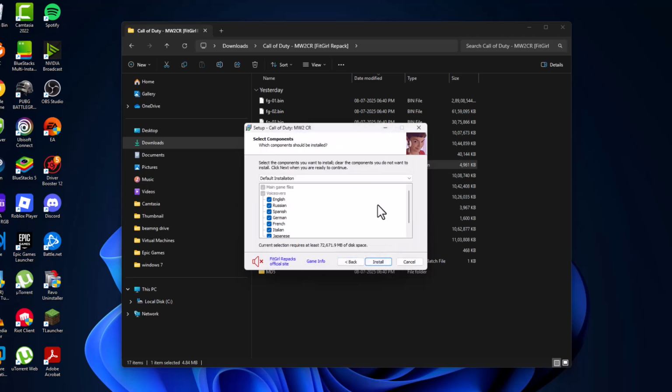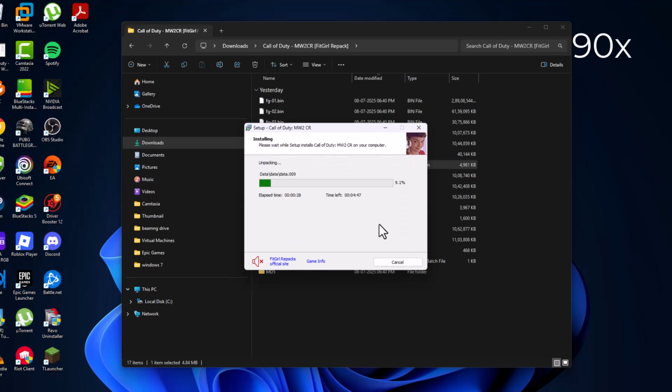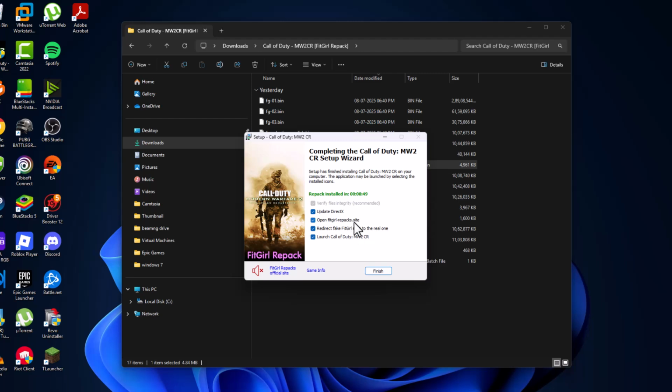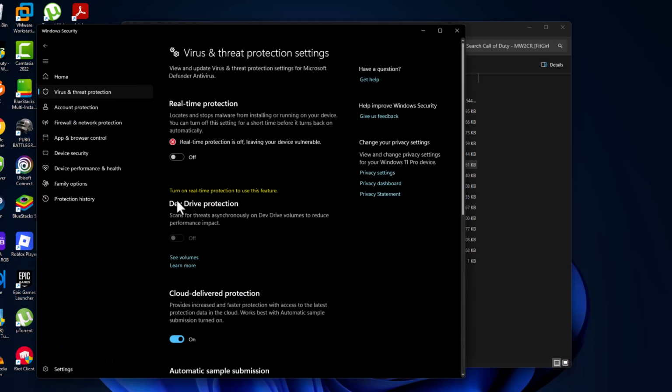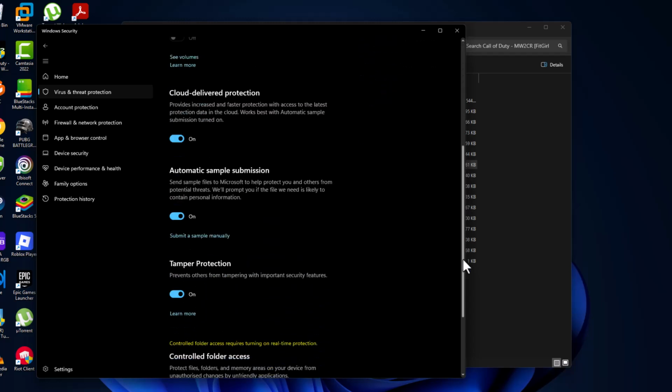and select next. In voiceovers you just need to select your preferred language guys. I'm gonna have English and then select the install option. After the installation is done, you just need to open up the Windows Security we minimized before, and scroll down and